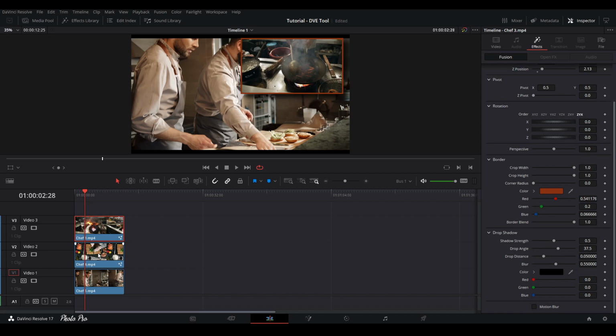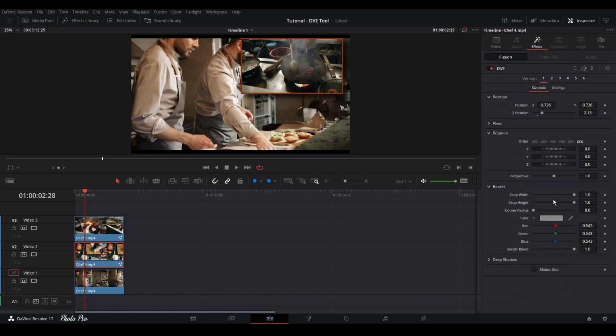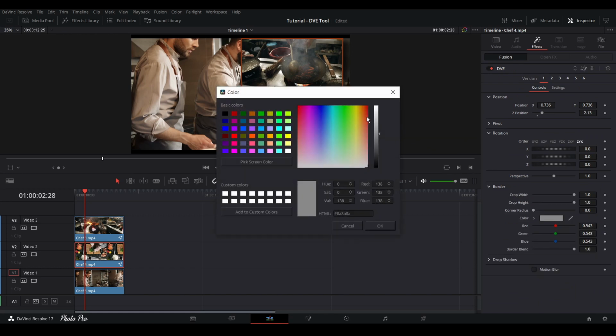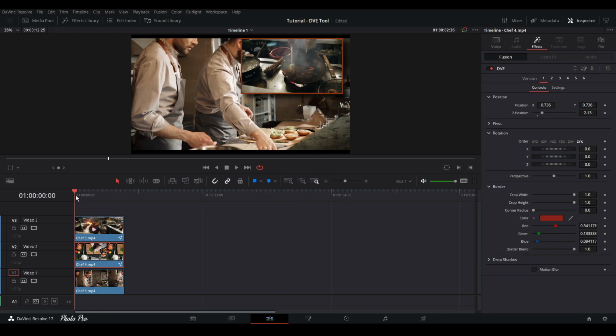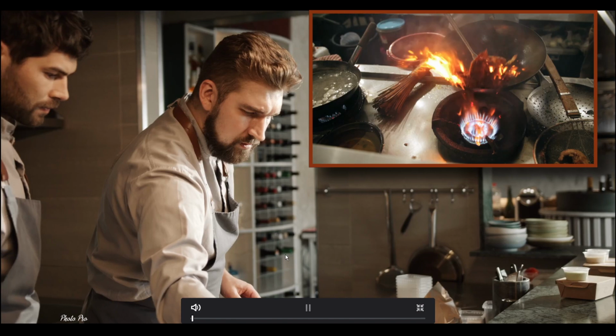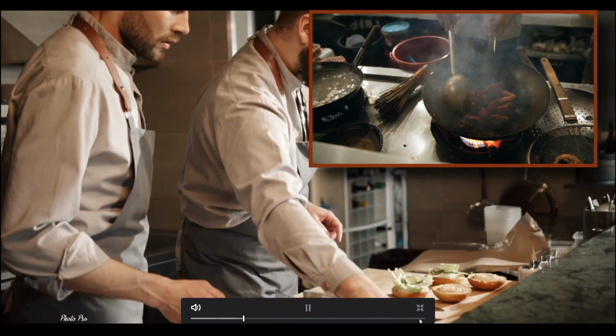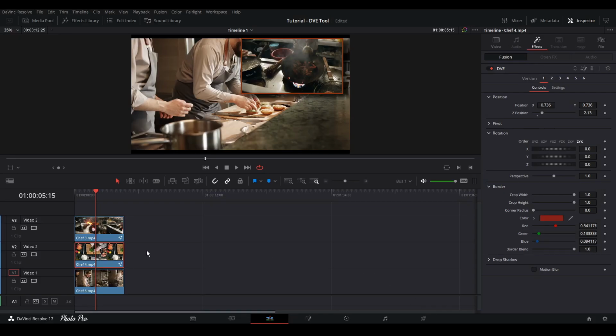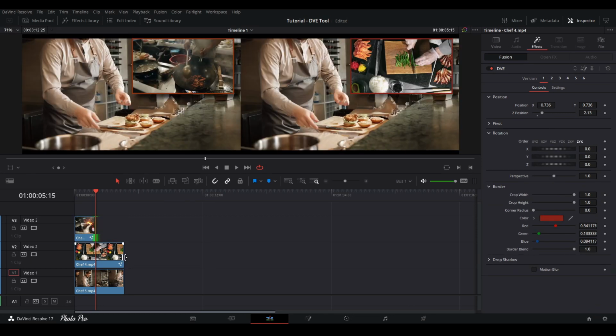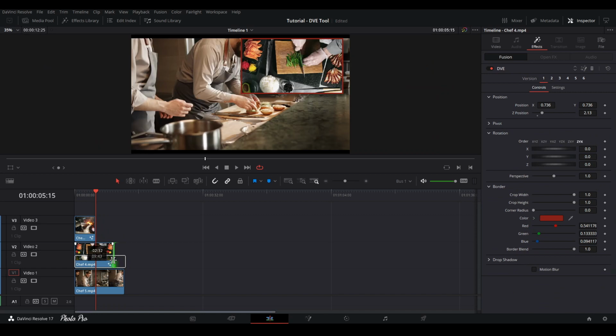So let's just change a few things. As I said, we're gonna go with a red color, and you can see here that it doesn't look so bad, looks quite nice. If we go like this, you can see that we have this red border around. So let's shorten this clip a little bit, let's shorten that one as well. We're gonna just use this ease out, and we're gonna ease out here, use this ease out as well here, not too much,